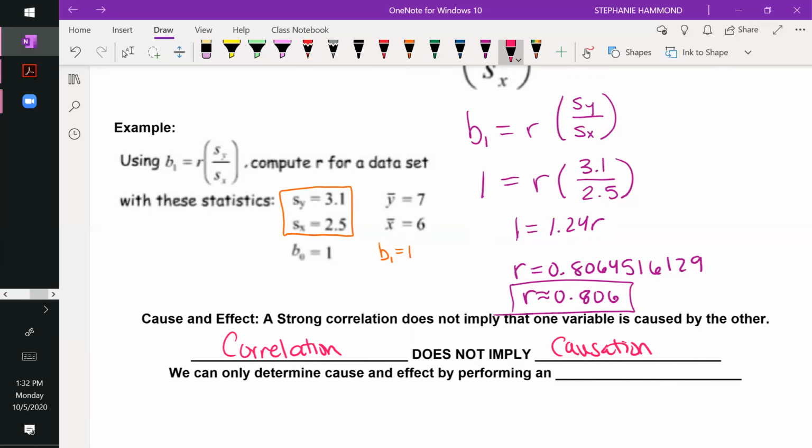So they're going to ask you about cause and effect. They're going to ask you, does this cause that? Is the correlation strong enough that we can say that this causes that? We can never say that something causes another thing unless we perform a scientific experiment. Okay, and we'll talk more about experiments later on in this class, not yet. So as of yet, unless an actual scientific experiment has been performed, we cannot talk about cause